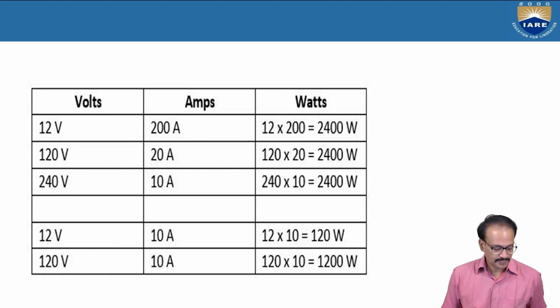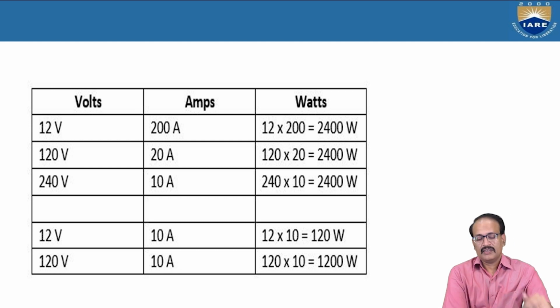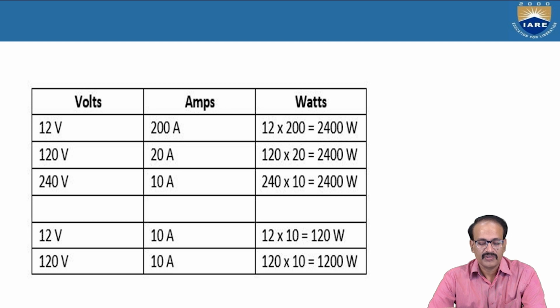And here we will simply observe that power is nothing but the product of current and voltage. So watts represent the power. Here 12 volts and 200 amperes, so that is 12 into 200, that is equal to